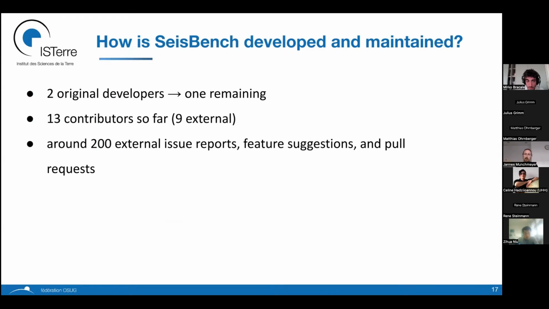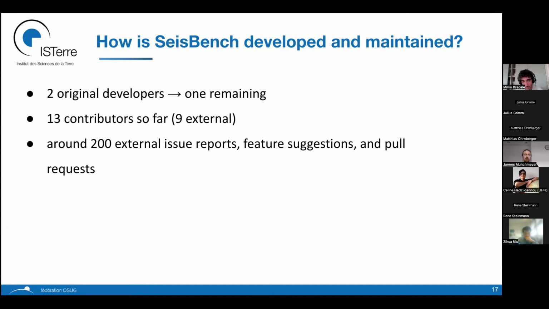Now, how is it actually developed and maintained? I've mentioned that we had 2 original developers. Now, both of us finished our PhDs. The other PhD went to industry, so we are down to 1 maintainer right now, which is me. We have 13 contributors according to GitHub, of which 9 are external. So there are quite a few people.